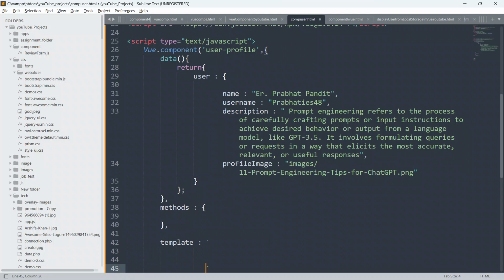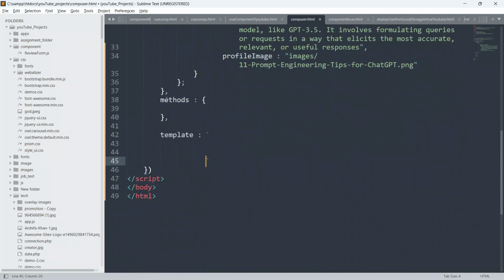Inside this template you are free to define any kind of HTML elements, any kind of coding functions, or Vue.js code. Guys, you are free to define anything inside this template. You have to give template, put a colon, then put a backtick, and inside this you are free to define any HTML element.